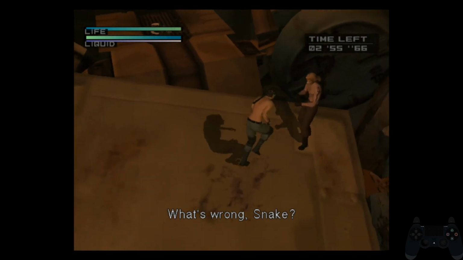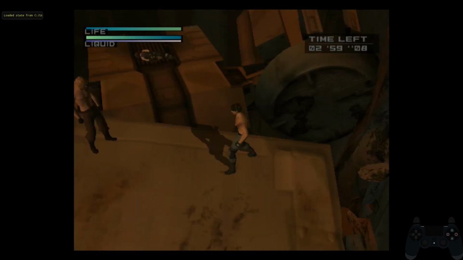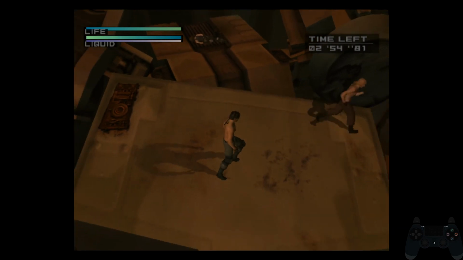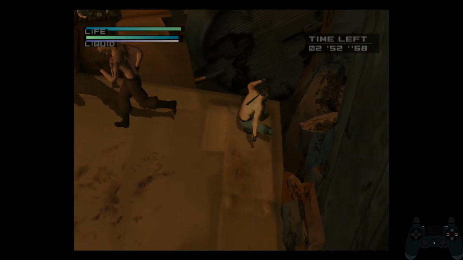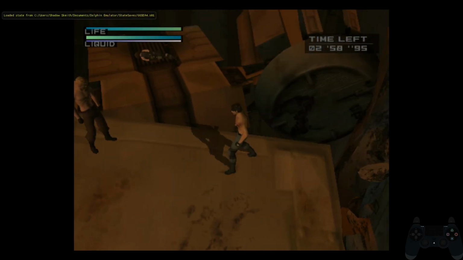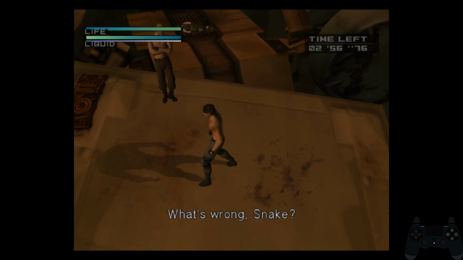I was mashing too fast and I got the kick. But what you saw there where I did the roll, that's what you want to do, except actually hit him. And if you do it right, you can actually do varying amounts of damage. And the reason for this is because Liquid, normally when you hit him with that, in this phase, he doesn't